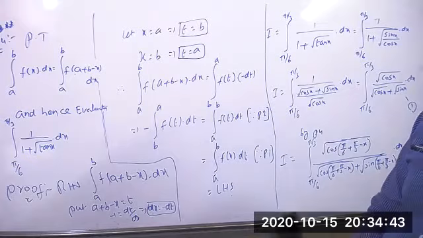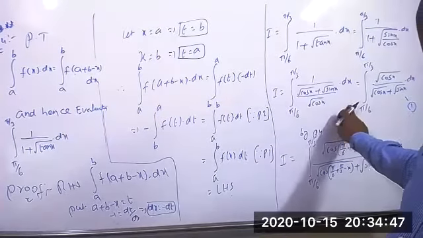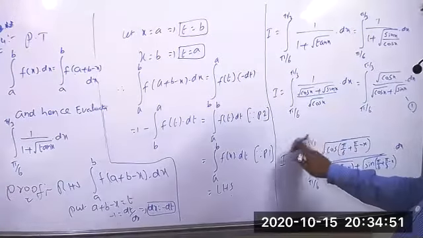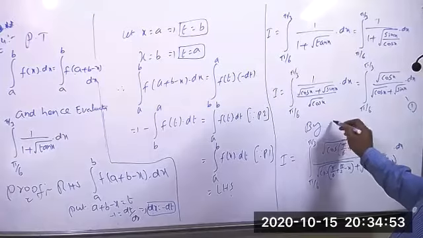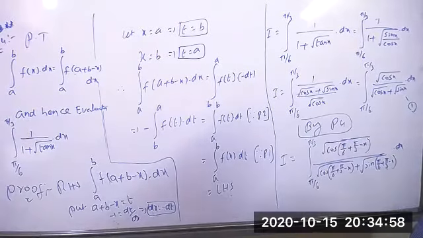Clear now? I haven't done anything yet. It is the given problem. First I am converting it in terms of sine and cos. I wrote it here, and later I applied the property. Or else you can write it by P4, the fourth property I am taking. That's all. Now you can change this value.